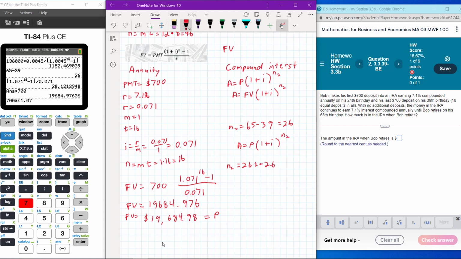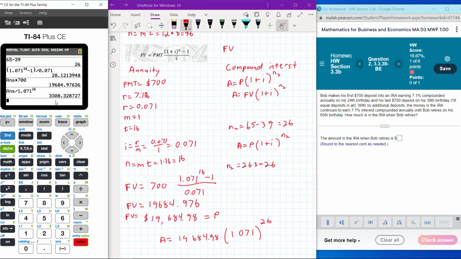So we will have that A is equal to $19,684.98 times 1 plus i, which is still 0.071. That'll be 1 plus 0.071, or 1.071 raised to the 26 power. Okay, and that will give you,